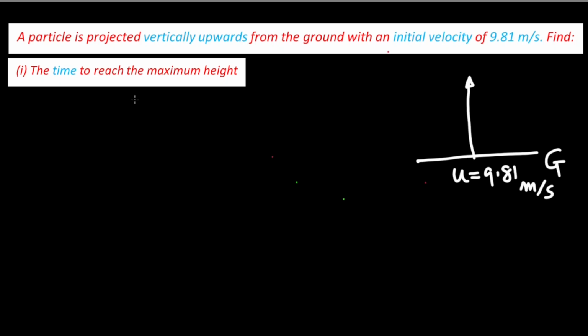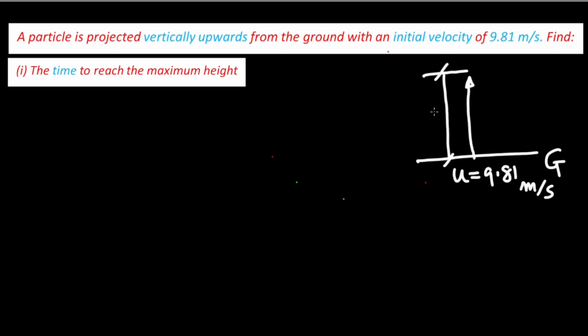A particle is projected vertically upwards from the ground. Suppose this is the ground and the particle is projected vertically upwards from the ground with an initial velocity u of 9.81 meter per second. We have to find the time required to reach